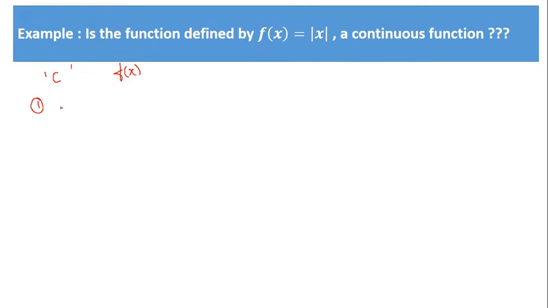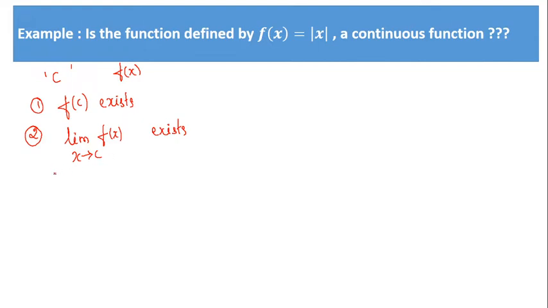It is nothing but you have to check whether f of c exists. Now what do you mean by f of c exists? You have to check whether it is a finite value or not. If it is a finite value, then we can definitely say that the first condition is satisfied. Okay, then you have to check the second condition. What is the second condition? Does the limit of f of x as x tends to c exist or not? Here also, exist means you have to check whatever value you get after applying the limit as x tends to c. If you get a finite value, then you can say that this particular limit exists.